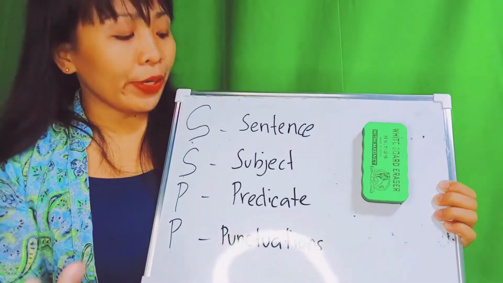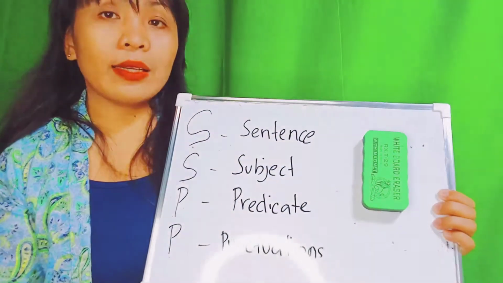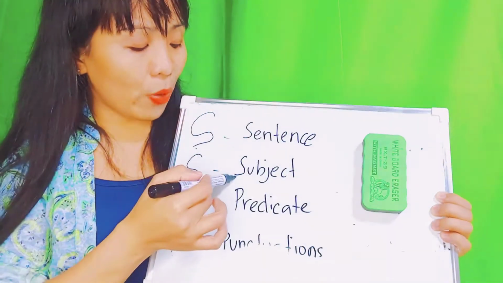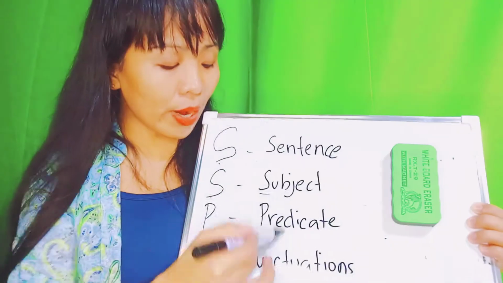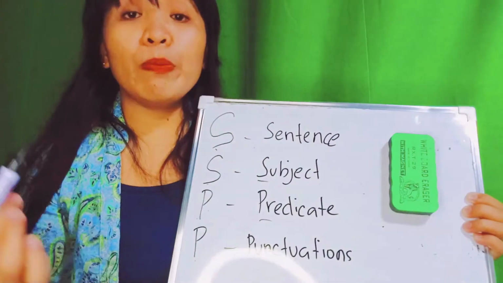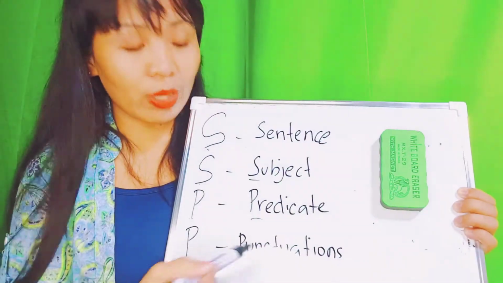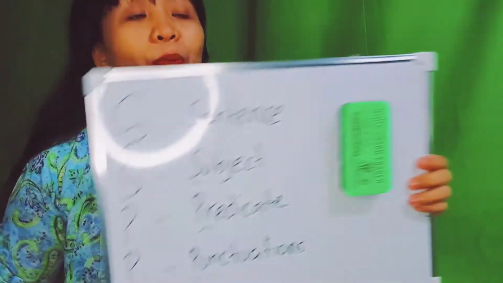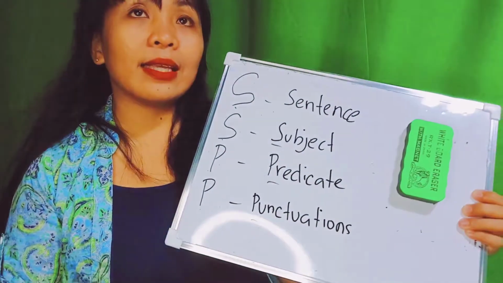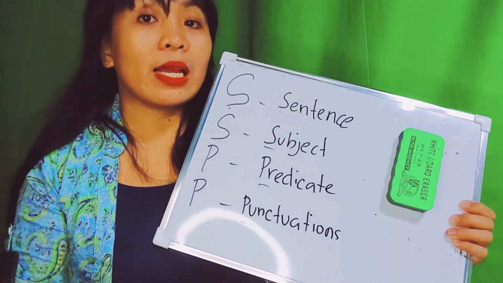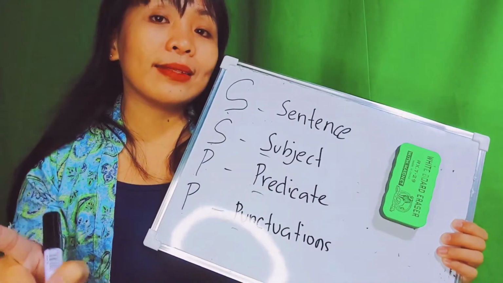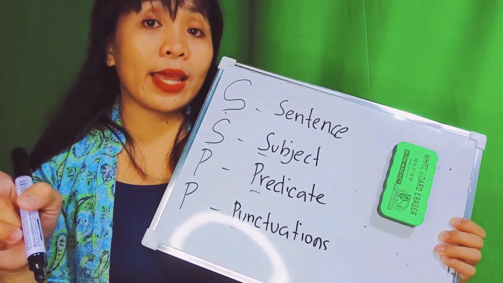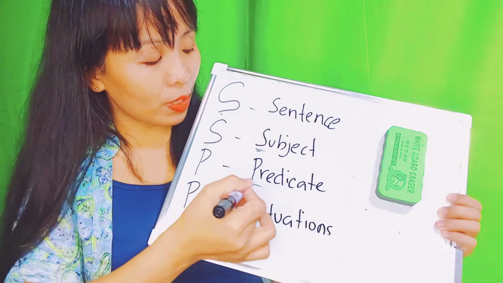When we say complete ideas or thoughts, it has to be with the subject, with the predicate, and to make it more complete and correct, it has to be with the correct punctuation. So what do we mean by that? When we write sentences, it has to be with the complete meaning. I mean, the one who is reading your sentence will automatically understand it if it is composed of these two